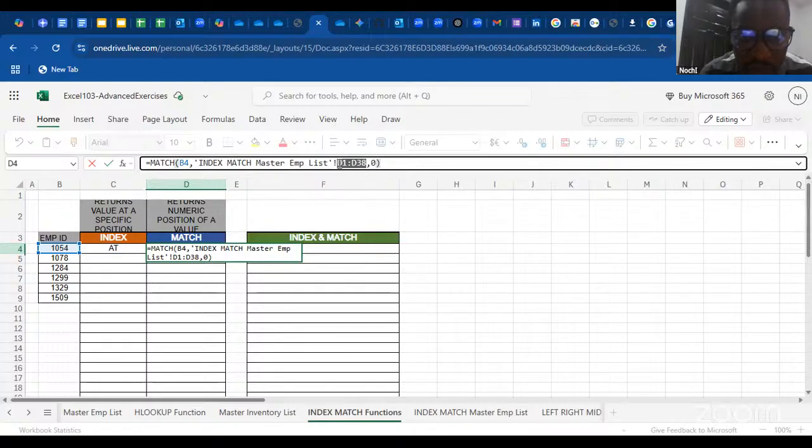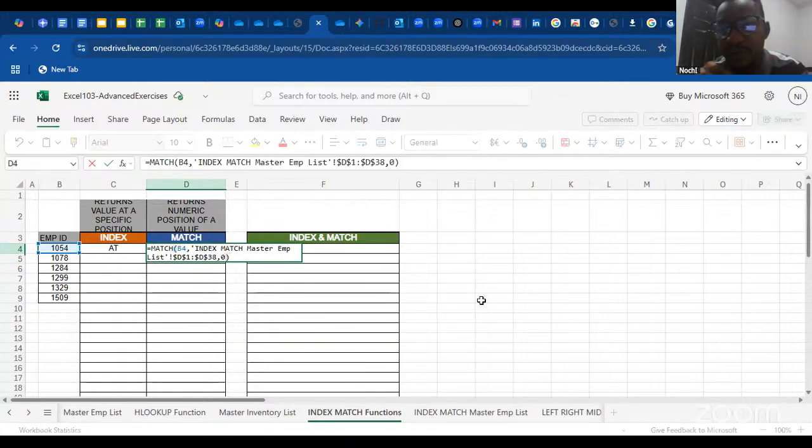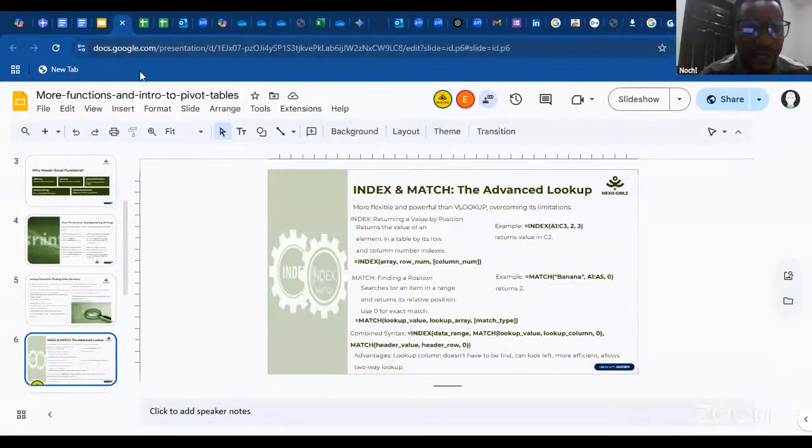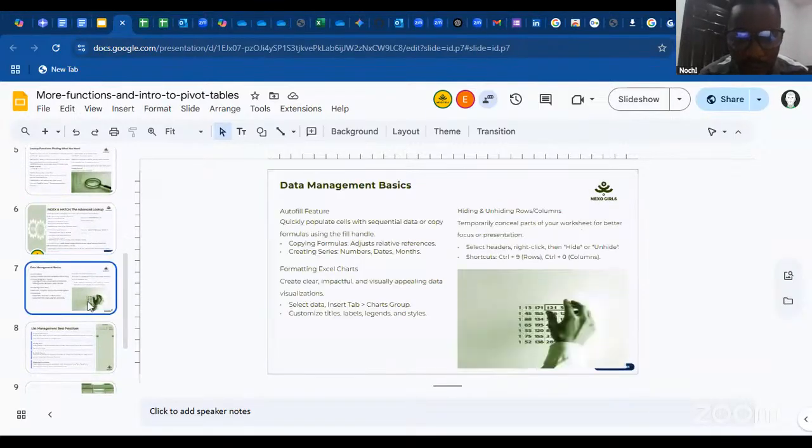Just do it manually, because I don't know why it's getting that error. I'm still getting an error. Sorry, we have to leave this and move ahead, right? We have to move ahead. I don't know why I'm getting an error there, but I'll find a way and do it and send it